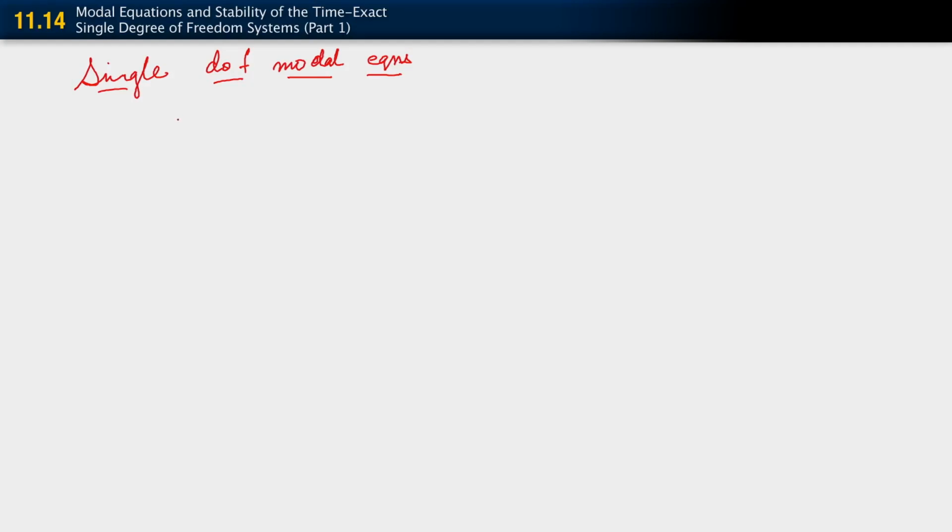All right, we have for the time exact case d dot L plus lambda L dL equals 0. Okay, now an ODE is not complete without its